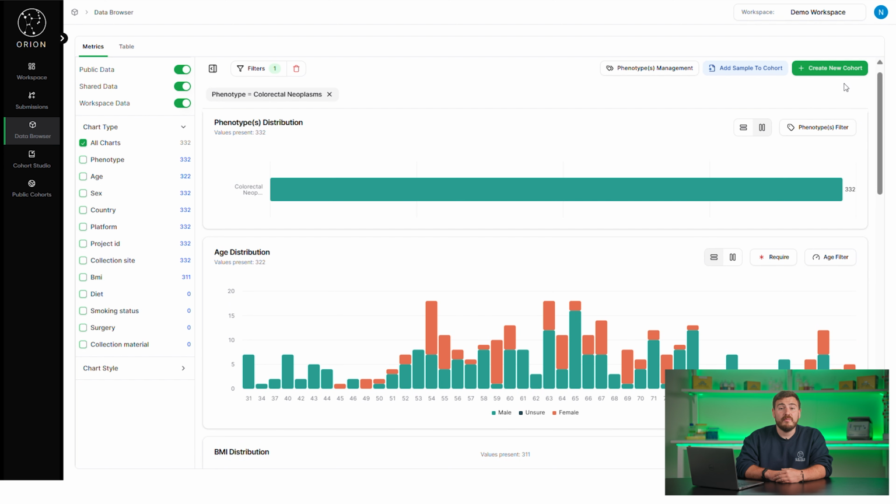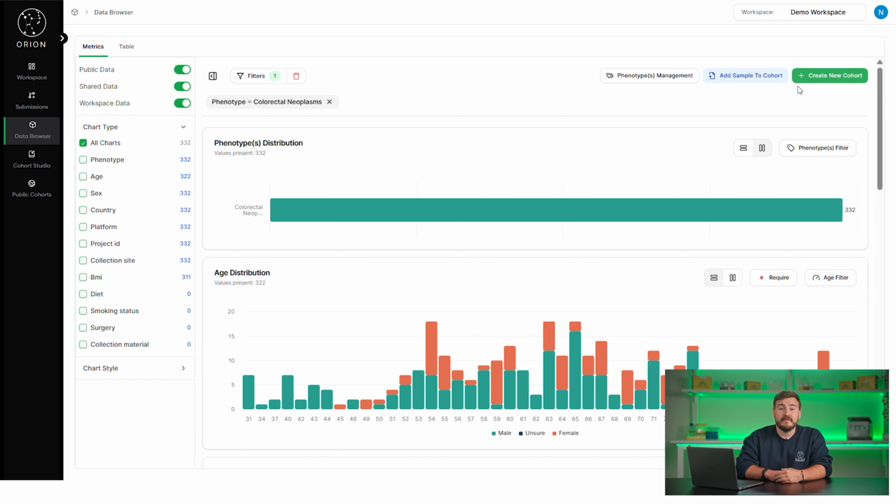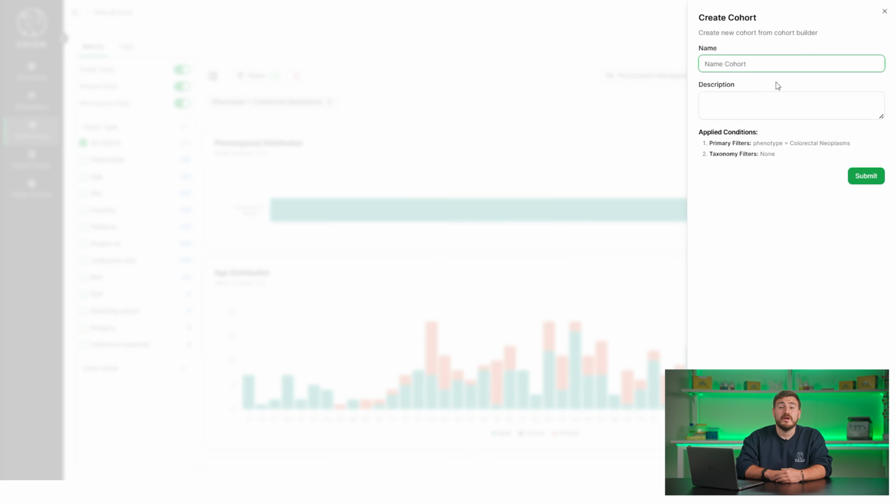Up here at the top of the browser page, you will see two buttons: Add Samples to Cohort and Create Cohort. If we already had a group of samples selected and would simply like to add these samples to that group, we could select Add Samples to Cohort and then select which cohort we would like to add them to. For this set, we want to create a new study, so let's select Create Cohort and create a new cohort